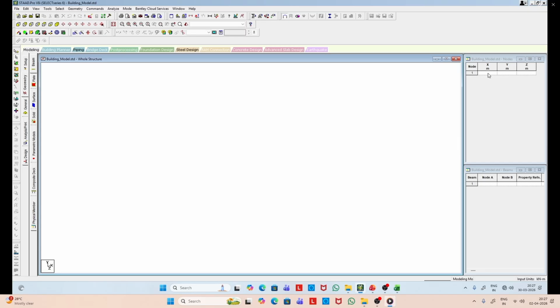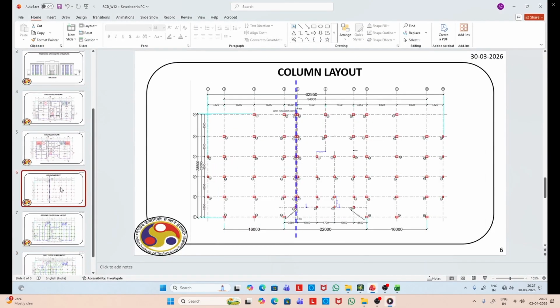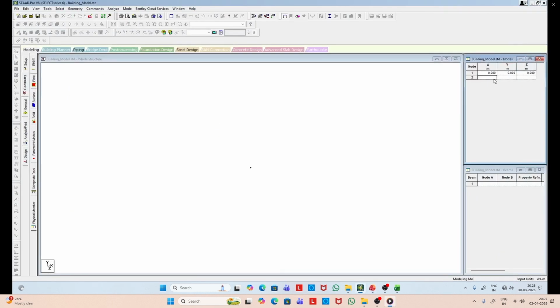So we have to create the grid points according to the column location. For that, we refer to the grid points, and from this drawing we get the grid locations, which shows where in plane the columns are located, and accordingly we enter those coordinates.